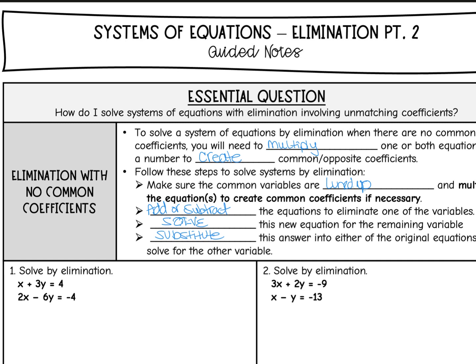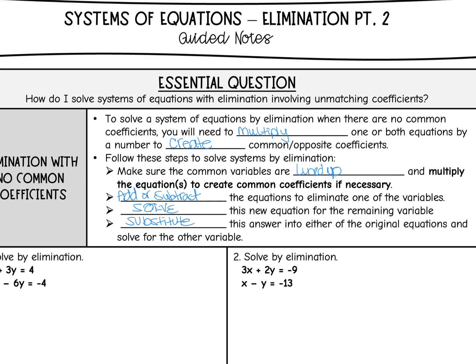So we are going to continue our study of our system of equations with elimination. Yesterday, we walked through how to solve a system of equations with elimination when the coefficients were matching. Today, we're going to answer the question of how do I solve a system of equations with elimination involving unmatching coefficients. So to solve a system of equations by elimination where there are no common coefficients, meaning they're not matching,